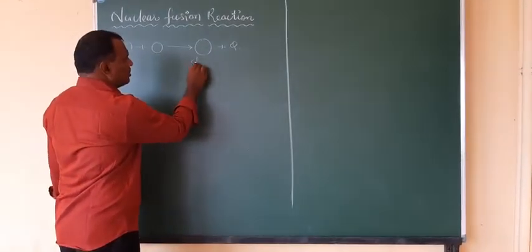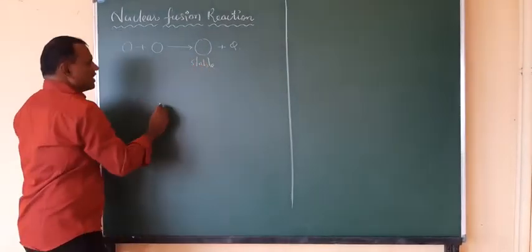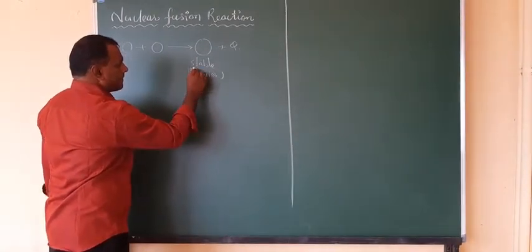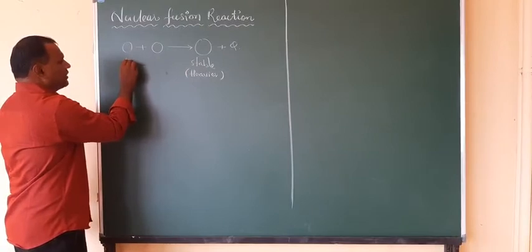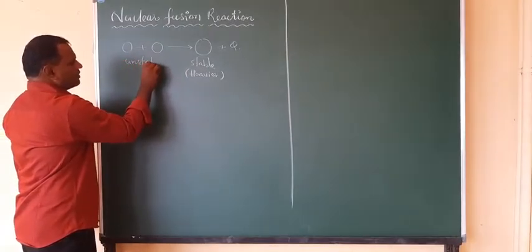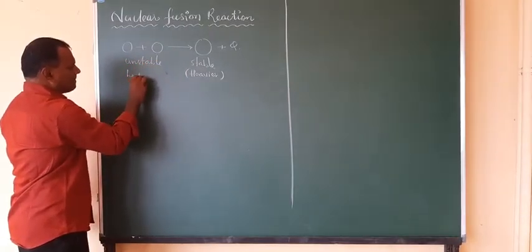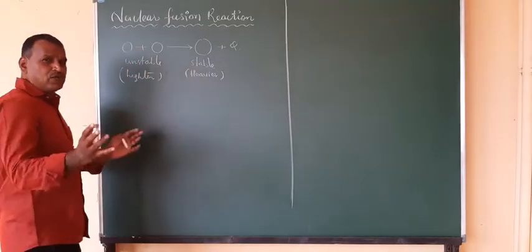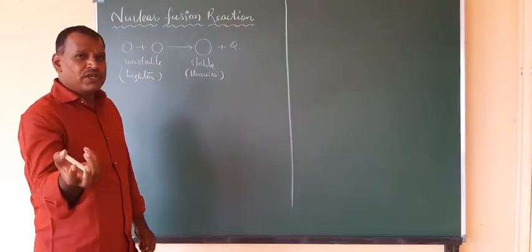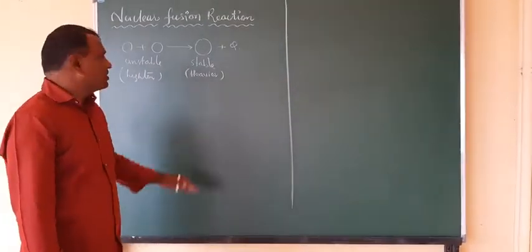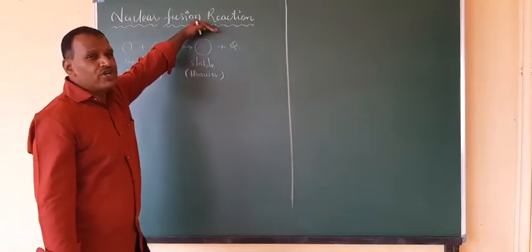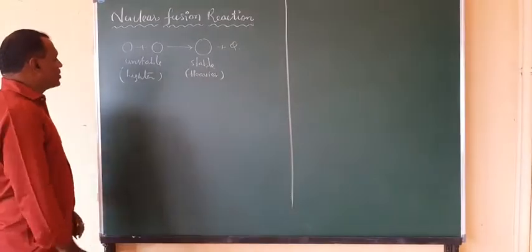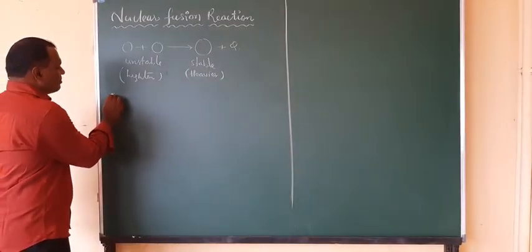So this is a stable nucleus and heavier one, and these are unstable nuclei and these are lighter nuclei, and these are fused together or combined together to form a heavier nucleus which is stable along with energy. That is called the nuclear fusion reaction. For these fusion reactions, mainly you can observe